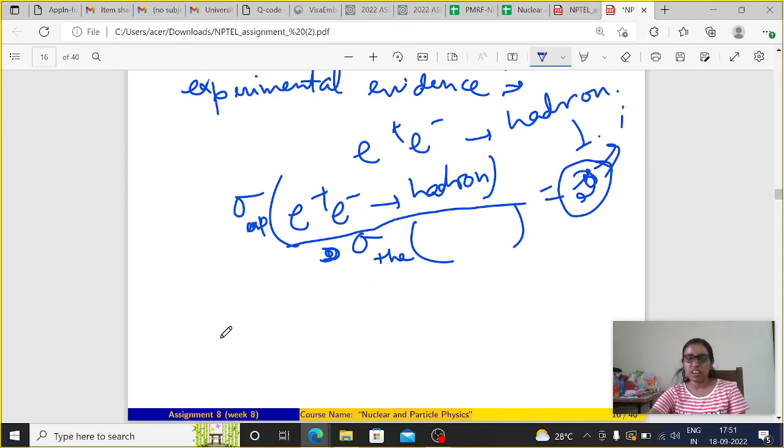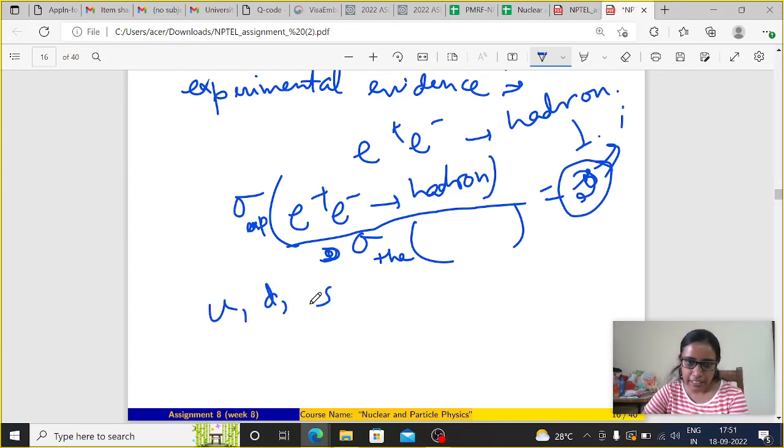Now one more experimental evidence was there, the neutrino magnetic moment. We can only know about the neutron and proton magnetic moment when we introduce our color theory in our quark model. So this type of thing is there. Now as a summary, what should I tell? As a summary,